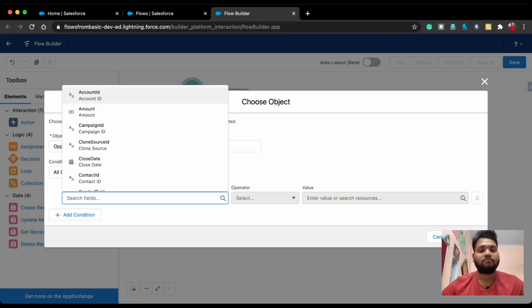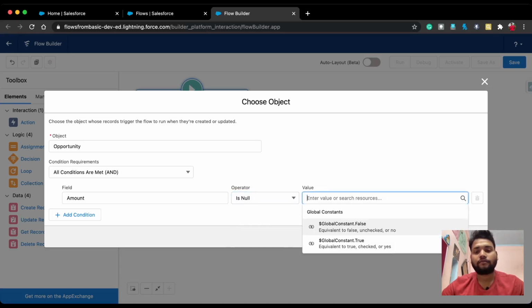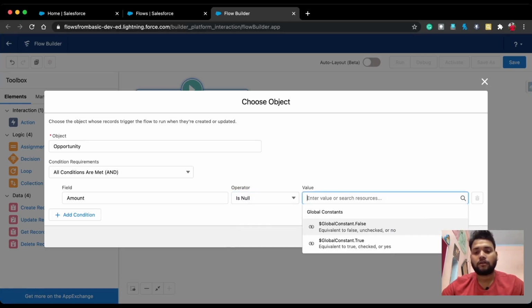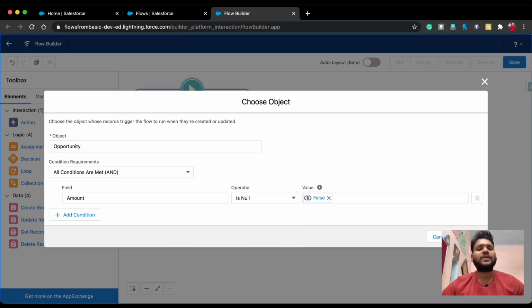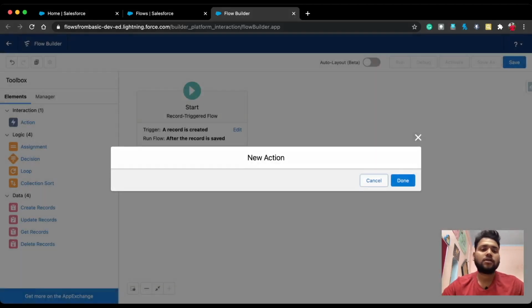and in criteria, if you want to provide, let's say, amount is null, boolean false. This means that if a particular opportunity is created, only those opportunities having some amount will enter the trigger. Simply click done, and now we simply drag and drop an action to the canvas,